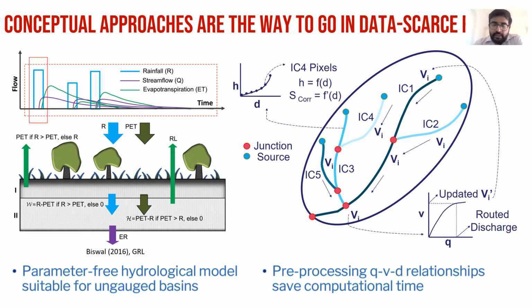DEMs. Here we characterize the catchment as a set of independent channels, and we find the relationship between the height and distance to pour point of every pixel on the independent channel and take the derivative of this relationship to model the conceptual slope. We then also have proposed a velocity updation procedure based on Manning's equation. We have modeled a bankfull velocity discharge, which is considered to be spatially constant for a given instant. And once this model-assumed bankfull discharge is assigned to all the reaches, we compute the discharge at the pour